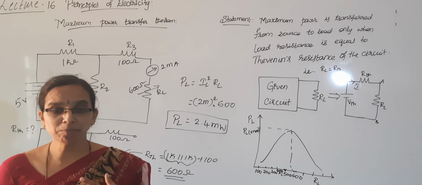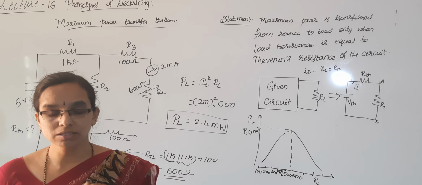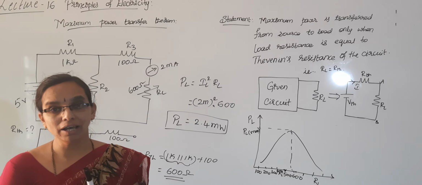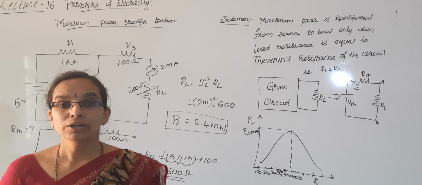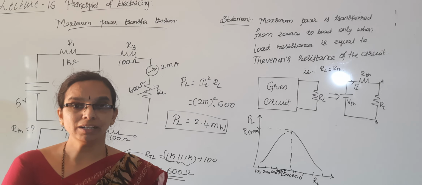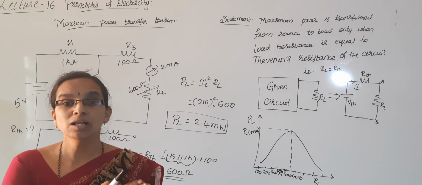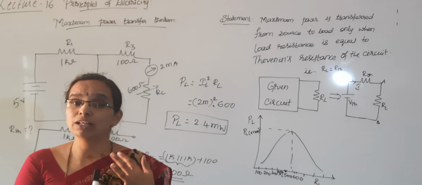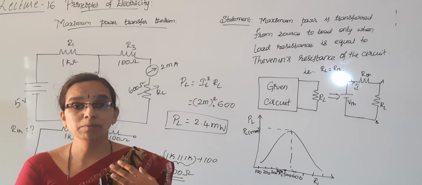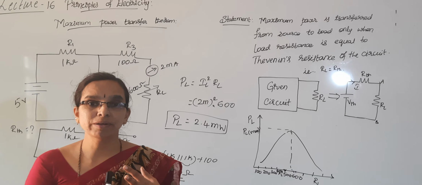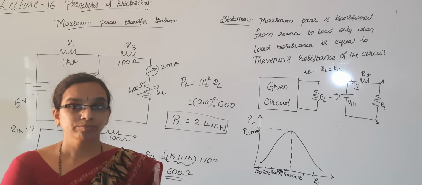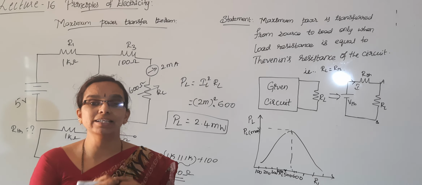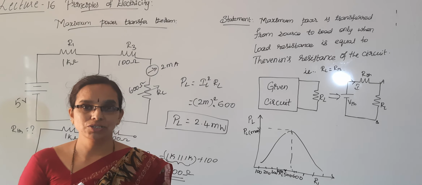Okay. In maximum power transfer theorem problems, whenever they give a problem, they will ask, find the value of RL for maximum power to be transferred. What will be the value of RL for the maximum power to be transferred? At that time we have to calculate the value of RTH first. That will be the value of RL so that maximum power will be transferred. Then if they ask to calculate the power, you have to use the formula VTH square by 4 RTH. Okay.